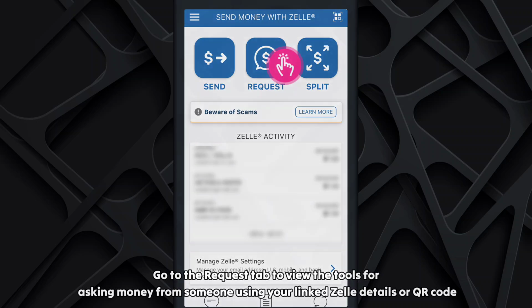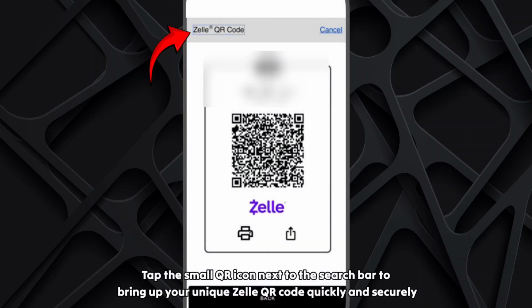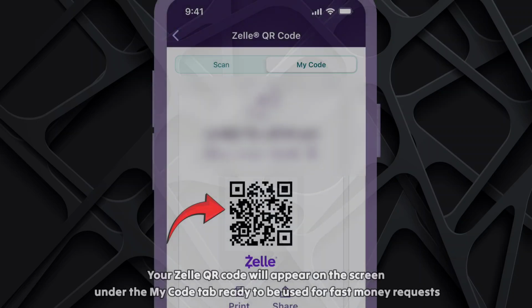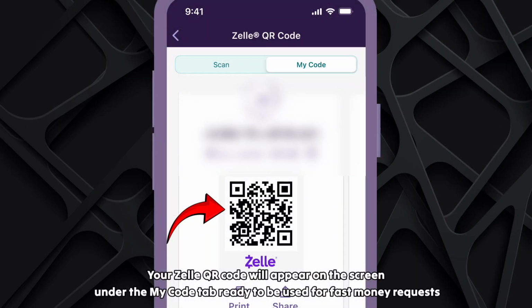details or QR code. Tap the small QR icon next to the search bar to bring up your unique ZELLE QR code quickly and securely. Your ZELLE QR code will appear on the screen under the My Code tab, ready to be used for fast